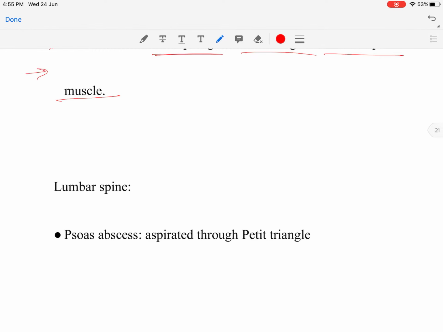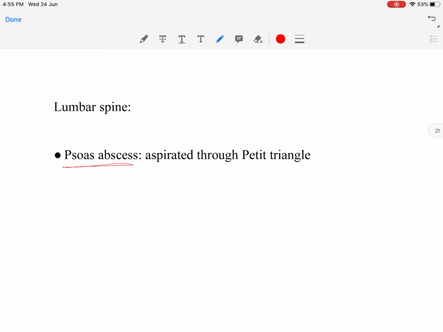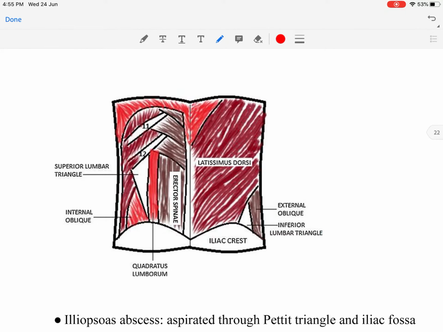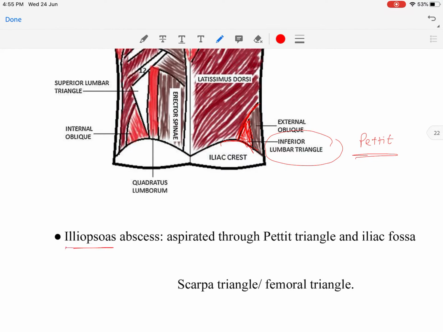Now talking about the lumbar spine abscess, they typically present as a psoas abscess and can be aspirated through the Petit triangle. So we will discuss here the various triangles. This is the inferior lumbar triangle, with boundaries of the iliac crest inferiorly, latissimus dorsi laterally... medially, and external oblique muscle here. So this is the inferior lumbar triangle, also known as the Petit triangle, which is used for aspiration of the psoas abscess. Or it can present as an iliopsoas abscess, which can be aspirated from the Petit triangle